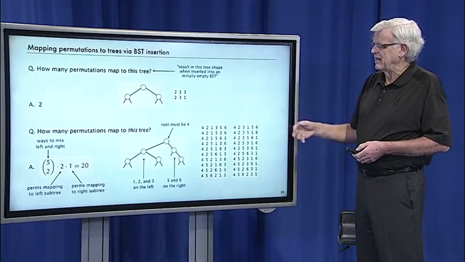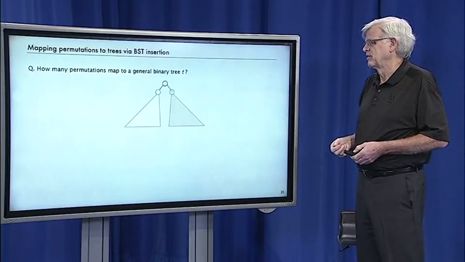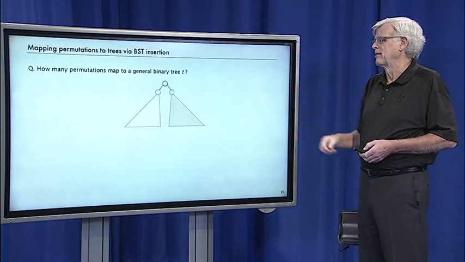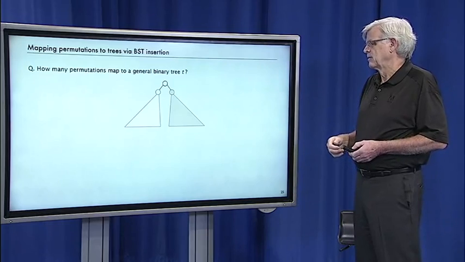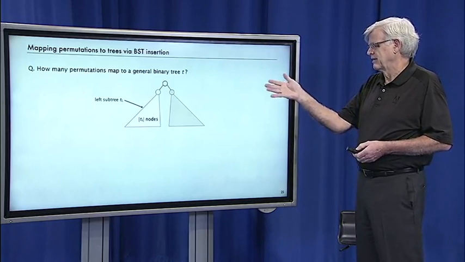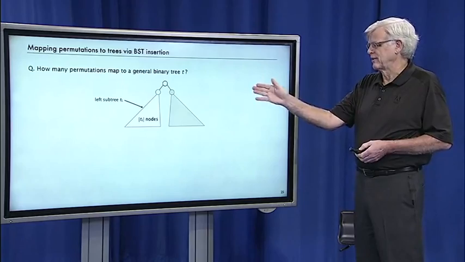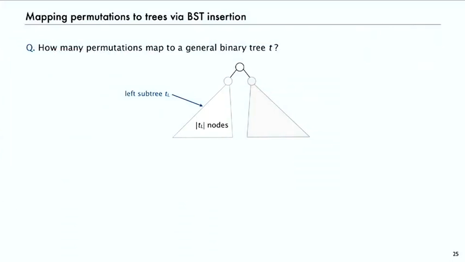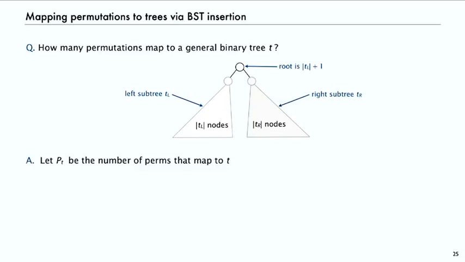And then from that, it's not hard to come to the general case. How many permutations map to a general binary tree like that? Well, there's some number of nodes on the left subtree. Say the left subtree is T sub L, then the size of T sub L is the number of nodes, and the root has to be that number plus 1. And then the right subtree has its number of nodes. And then by the same argument that we just gave,